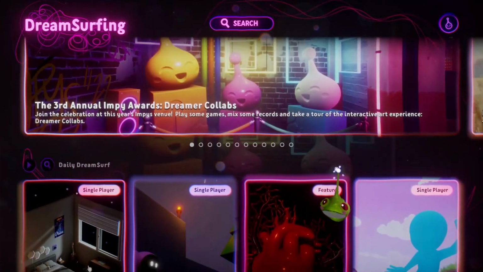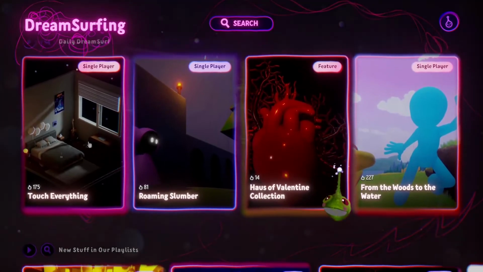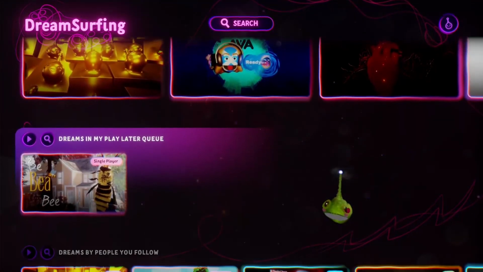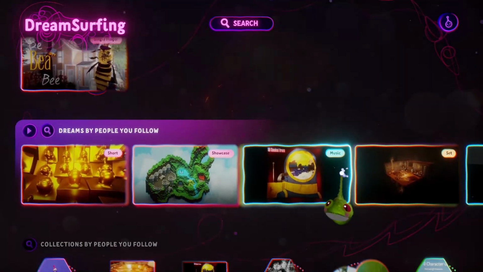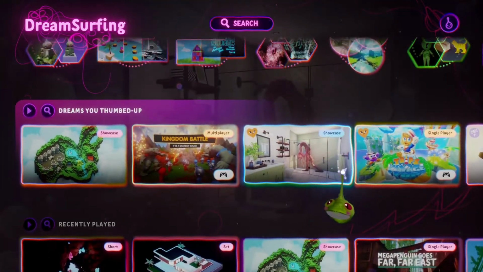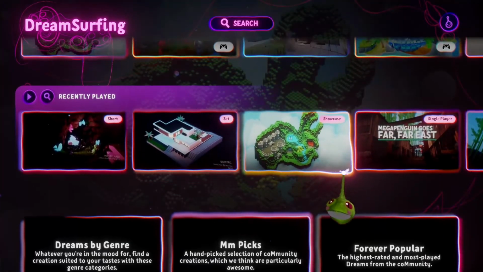There's something you need to know before you release something on Dreams, just before you click on publish my dream, and that is thumbnails. Thumbnails are very important.